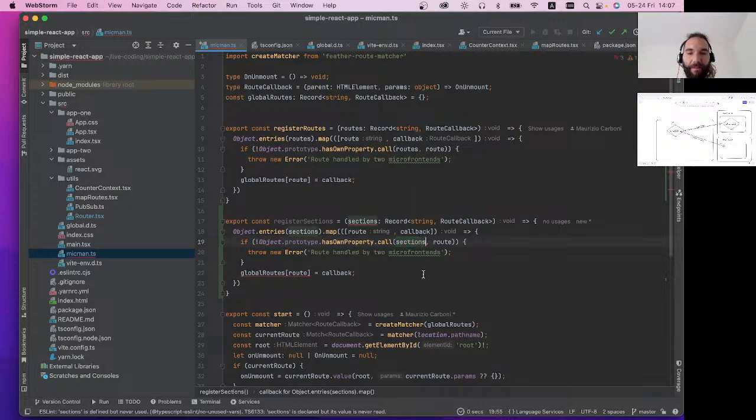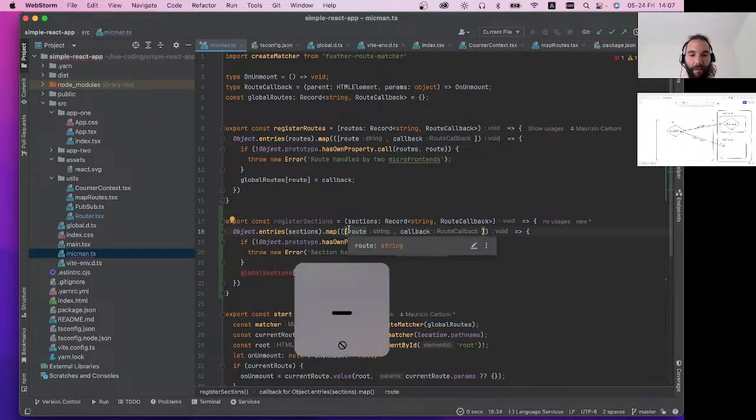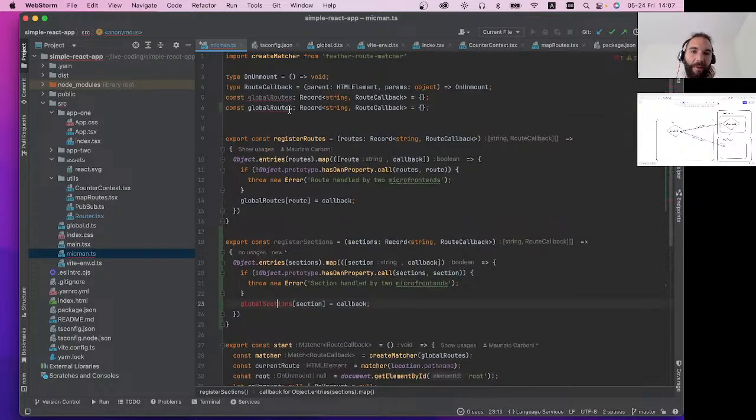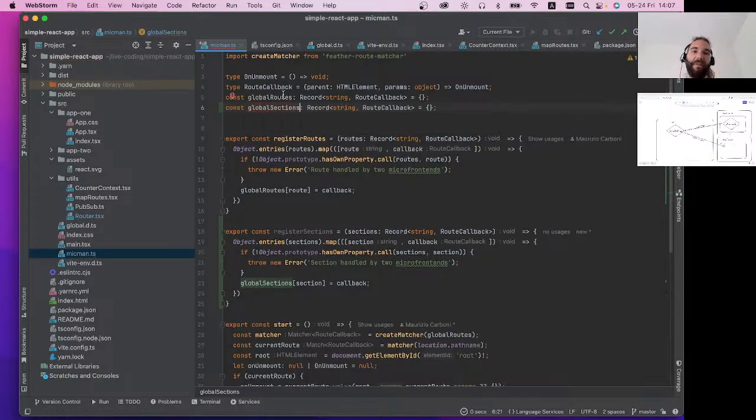And section is handled by two micro frontends. And this one, it will just, nope, wrong word, no, wrong command again, section. And this will be, again, also global. It's a little bit misleading. So